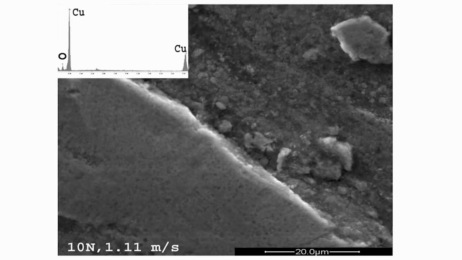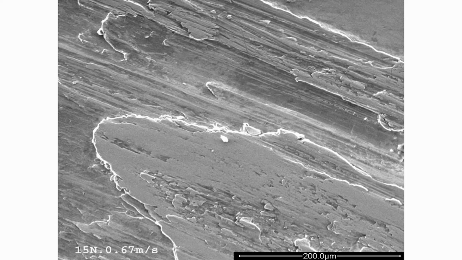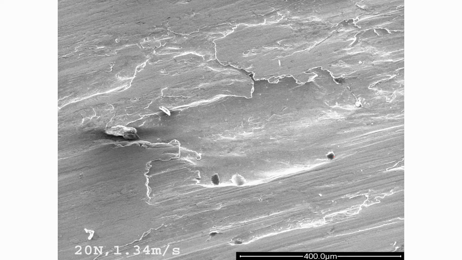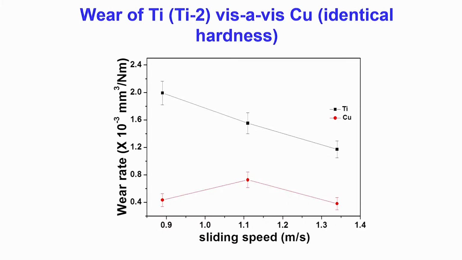So, the copper also undergoes some oxidation at the wear surface, and you can see here there are copper oxide particles which are also formed on the material. So, this is the sliding wear track, and in this sliding wear track you can very clearly notice signs of deformation and ploughing. In this region you can see, like farmers plough the field, similarly during the sliding wear, the harder materials plough the softer materials, and this is one of the mechanisms of wear that we have observed in the case of copper.